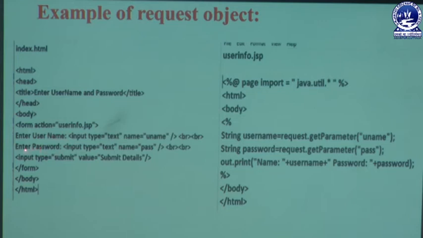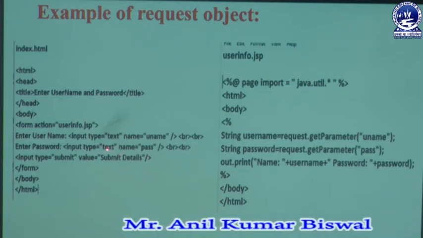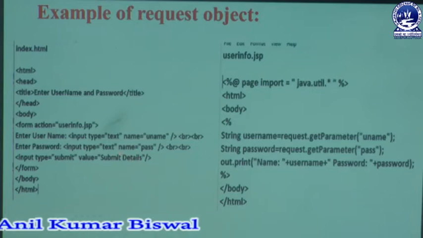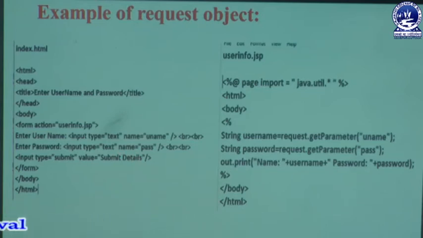And next we are going to create a password section. Here we are writing enter password. Then we are typing input type text. Instead of that text, whether you are writing a number, any character, or any special character, it is visible to each and everyone. But whenever you write password instead of text, by default it is displayed in the form of stars, or if you want to change its style, it may be displayed as @ or hash; different types can be displayed on the monitor screen.